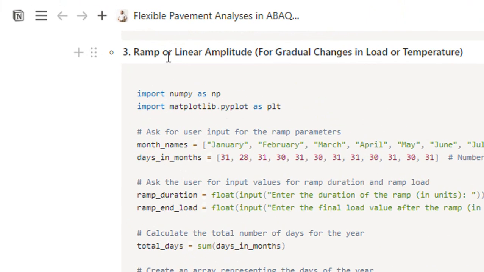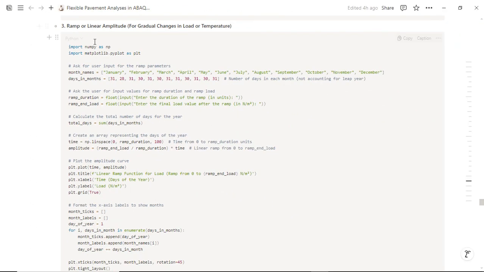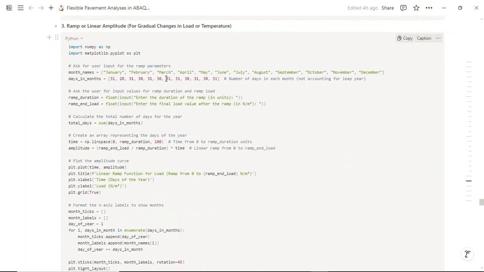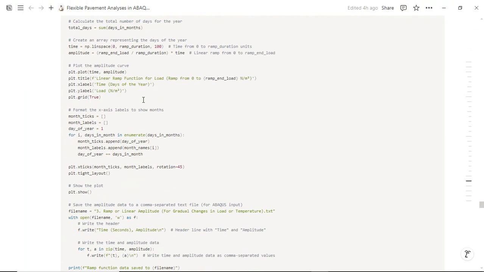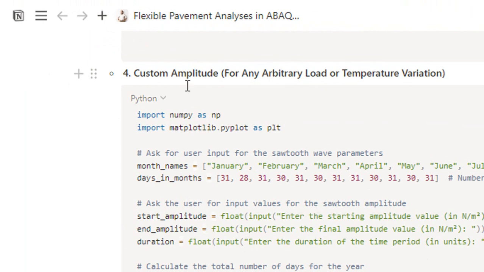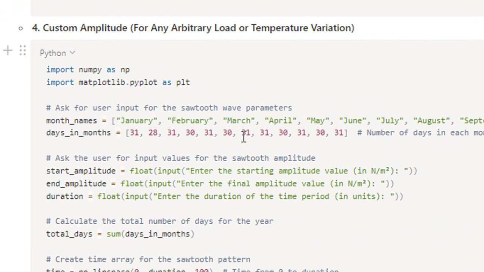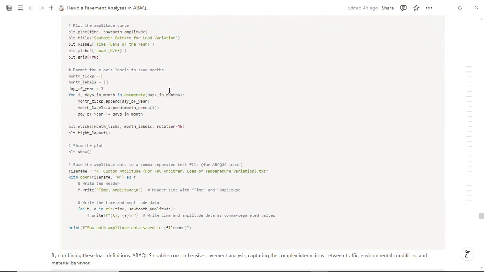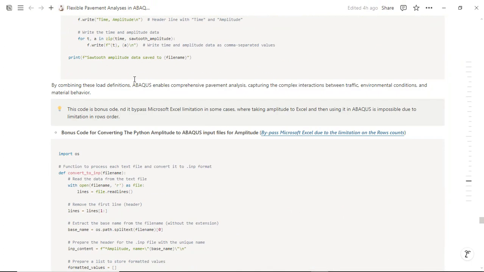Then I have this ramp for linear amplitude, which is for gradual changes in load and temperature. So I also have considered throughout the year value here, and after that I have a custom amplitude for any arbitrary load or temperature variation. This is also for whole year, you can see here, and I will demonstrate all these values. Other than that,